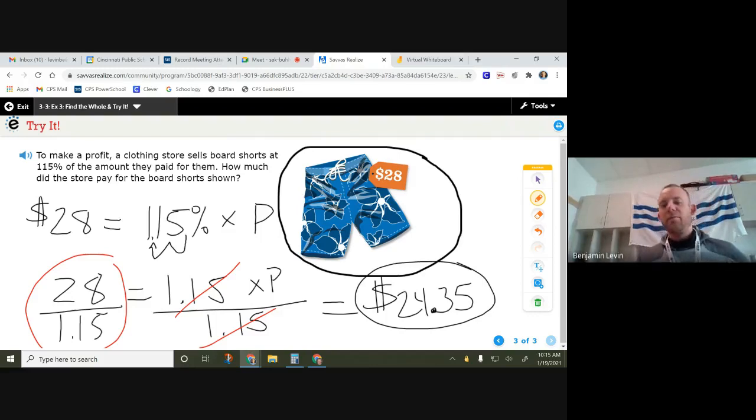The store gets them from Hurley for $24.35, and they sell them for $28. They make a profit in order to pay their rent and pay their bills and pay their employees. In reality, stuff like this is marked up a lot more than 115%, right? You go into a store and you buy a $28 pair of swim trunks. They probably got it from the company for like $10, and they're selling it for 28